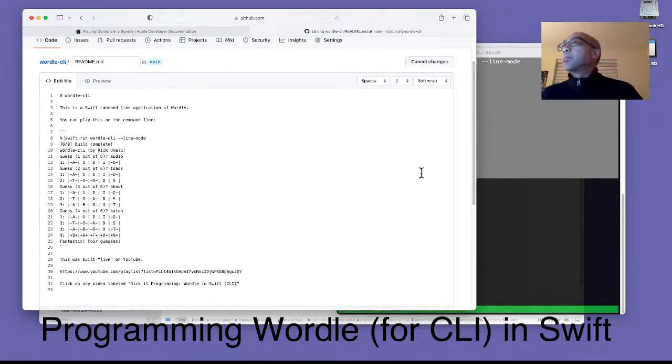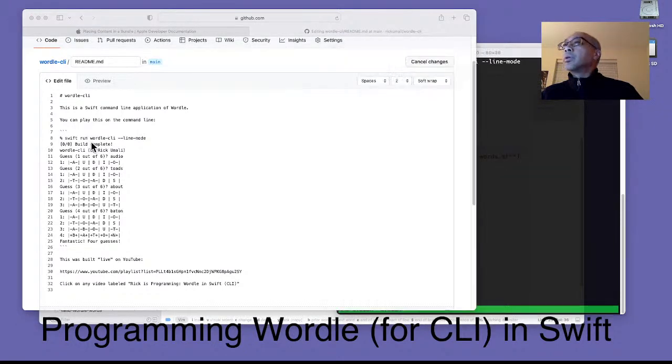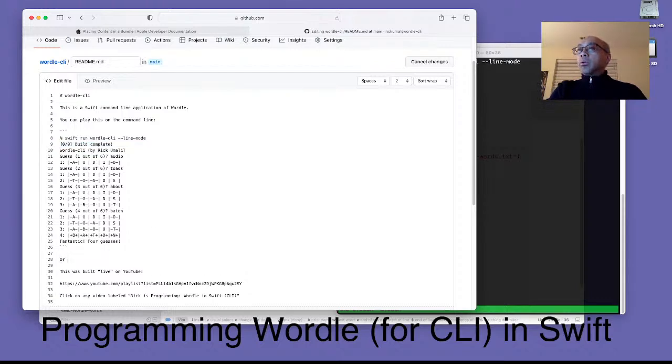This is the run of it on the command line with the line mode. Or you can play this in line mode on the command in the terminal. You can play this in line mode. Actually,